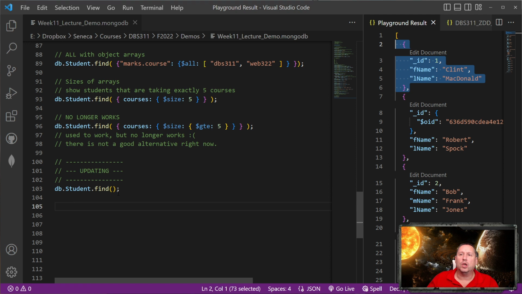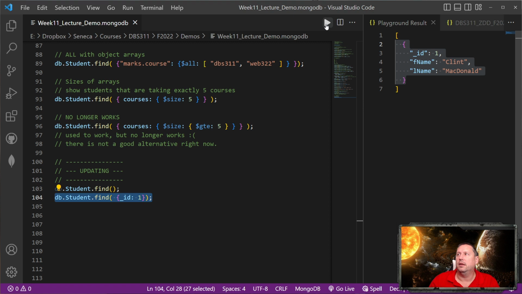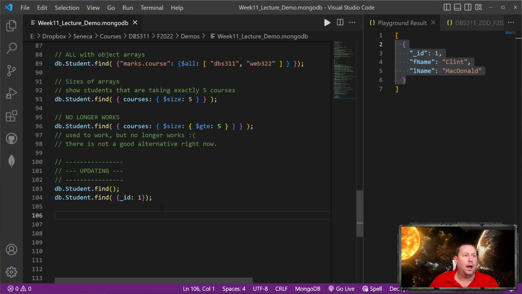Okay. So we're going to go ahead and do our find with our ID 1 in here. Okay. And that should just get the Clint record. There it is. Okay. So let's go ahead and say we want to update this and add a favorite number. Okay. So what we would normally do, okay, and I believe this does still work in Command Shell. Okay. So you can go ahead and do